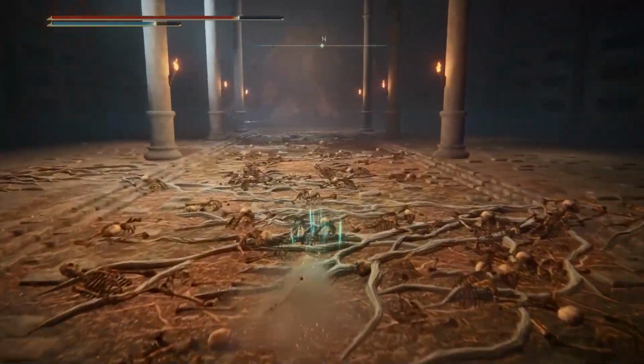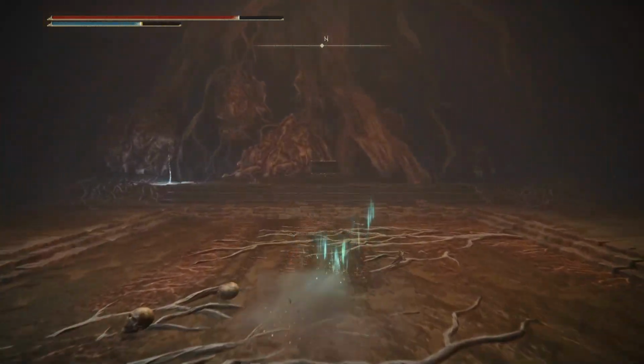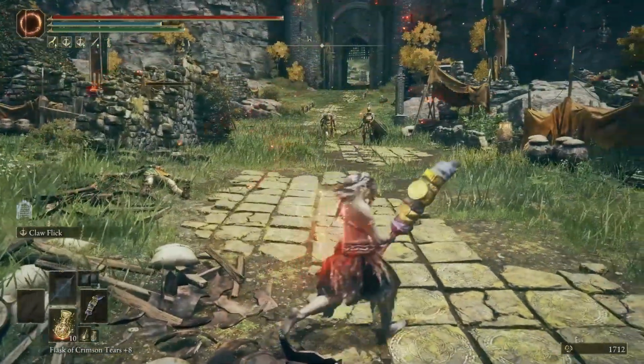I beat the boss quite early on in the game. I don't remember what he dropped, but there is a chest here too, so go ahead and loot those things. And that's how you can easily get the ringed finger weapon as well as those 2 armor sets from the